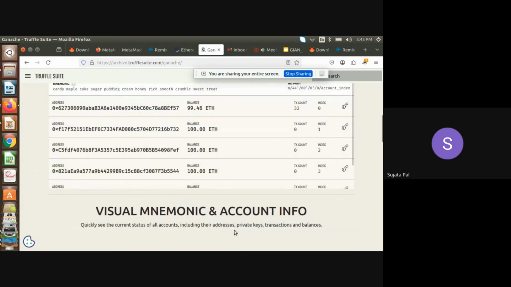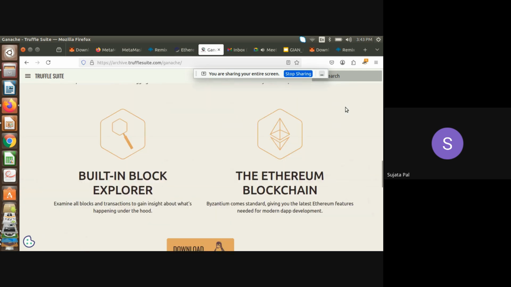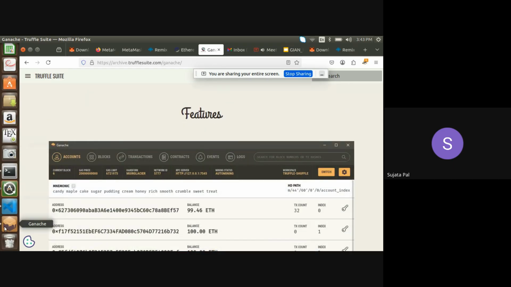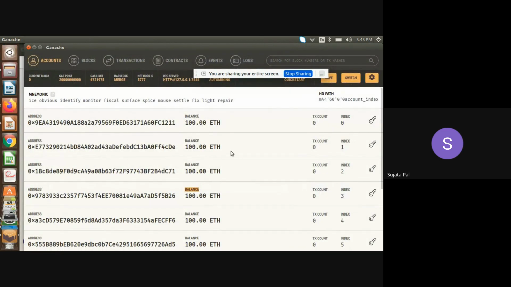And it provides you these addresses. This address is the public address, and if you click here, it will show us the secret key. Just like this is my account. This is the network ID. While working, if you want to deploy a smart contract on this Ganache blockchain, the personal kind of blockchain provided, then we will use this network ID.